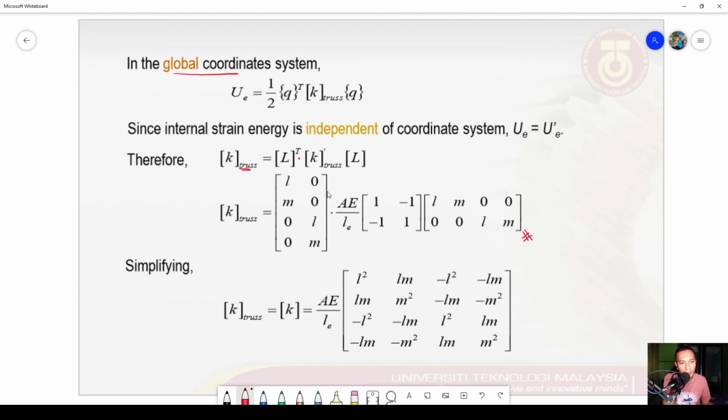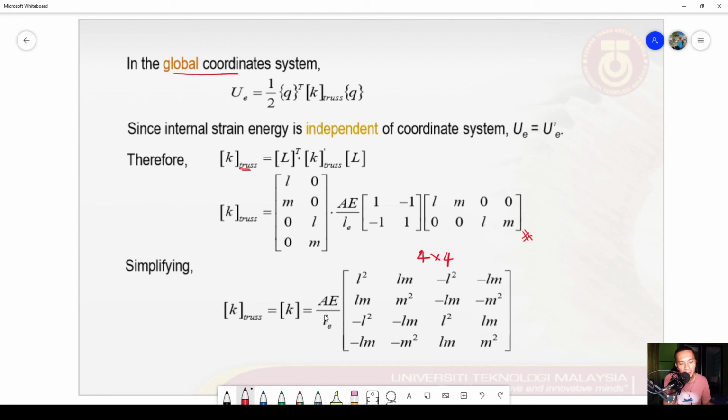And if we do the multiplication of all three matrices, finally we can rewrite the global element stiffness matrix for a truss element, which is given by a square 4 by 4 matrix multiplied by the